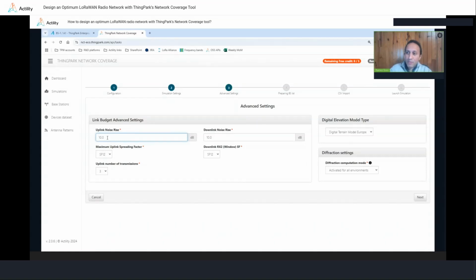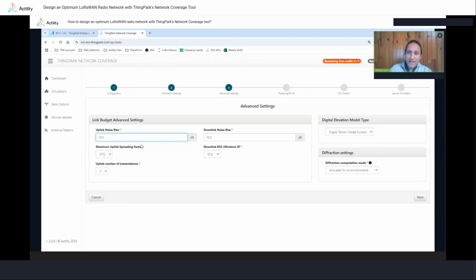And accordingly, we need to account for this additional interference margin. If you don't know which value to set, you can keep the default settings because this is what we typically see from many field deployments. But it's always recommended, if you have the possibility to do so, to run spectrum analysis with RF noise scans if you have access to some gateways at high points, whereby you can do some advanced analysis and check what is the effective and real level of background noise that you have in your spectrum.